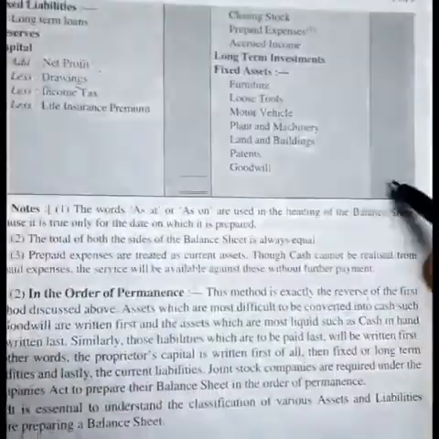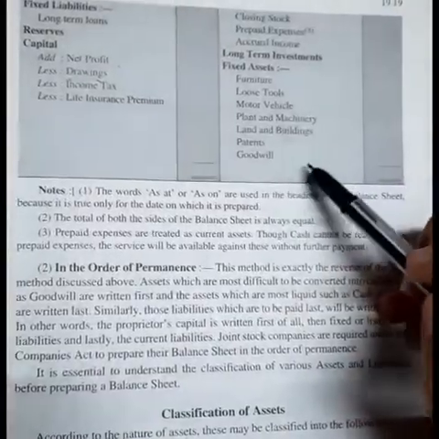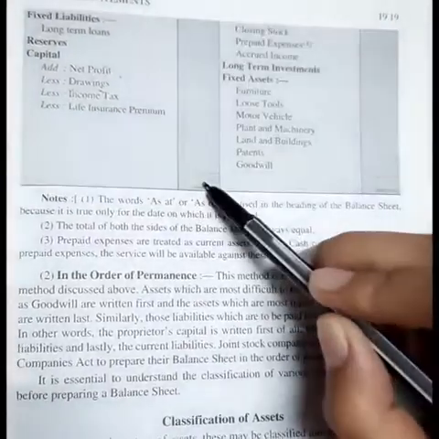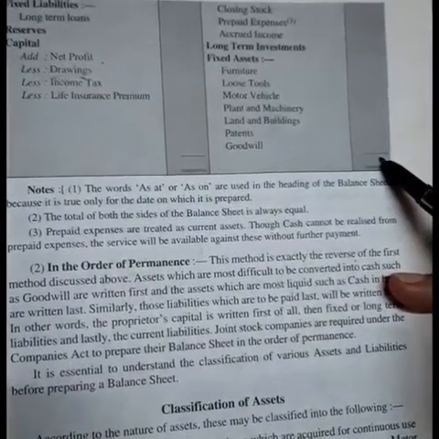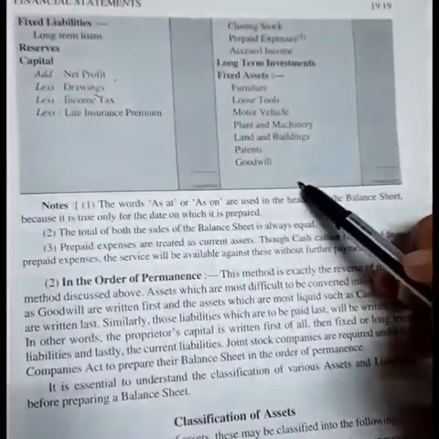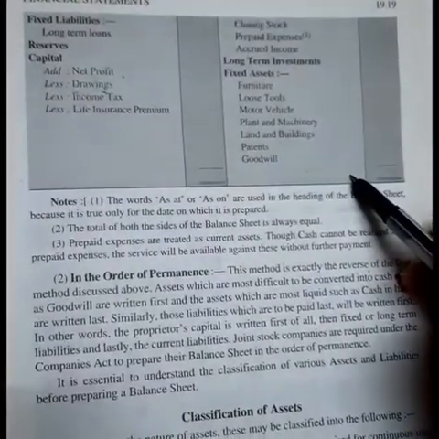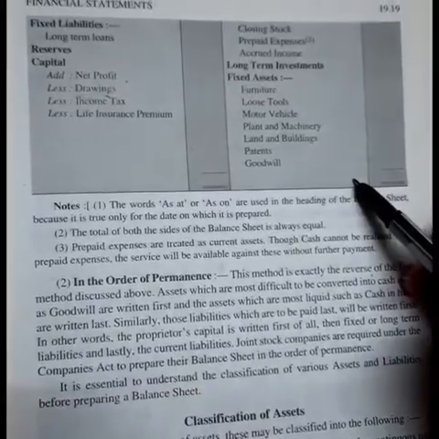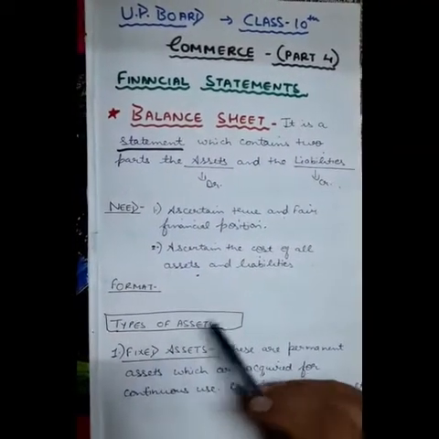Then we will do the totaling, and the balance sheet shows the correct position only when this amount is equal to this amount. There is no carry forward or anything else. Our balance sheet is correct only when we tally both the assets and liabilities, and when these are equal, our balance sheet is correct.